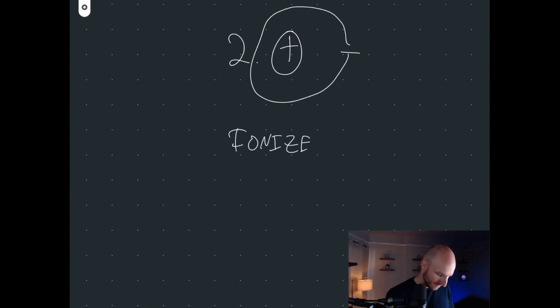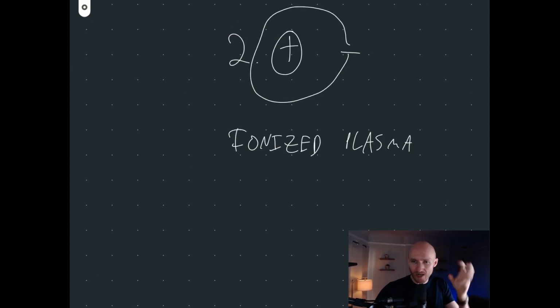Ionized plasma. I think the word plasma is kind of funny. It sounds weird. Plasma is like the fourth kind of matter. There's solid, liquid, gas, and then plasma. Plasma is when you have an ionized state, meaning that the electrons around a nucleus have been shot off. At the beginning, these electrons can't be held onto that proton, so they're just kind of existing, not attached to an atom. And so we have this ionized plasma happening.